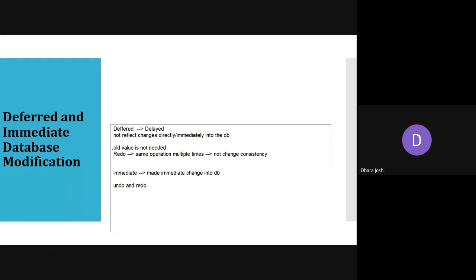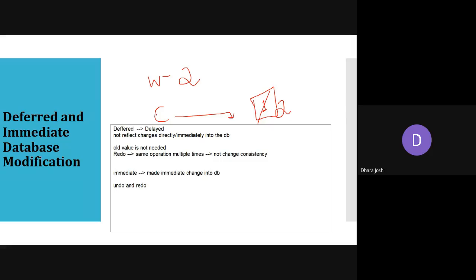But in deferred, whenever we have a commit, only then do we write this value, after this commit only. So if here the database value is 2, and previously the data item contained 1, now the write operation changes the value to 2. So it is not immediately affected. When the commit is done, only after that will it be updated.